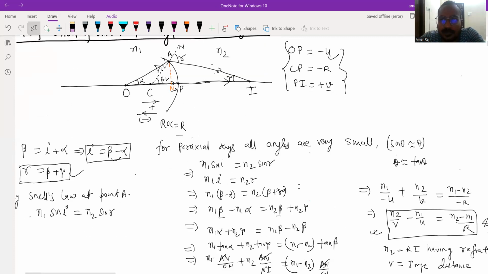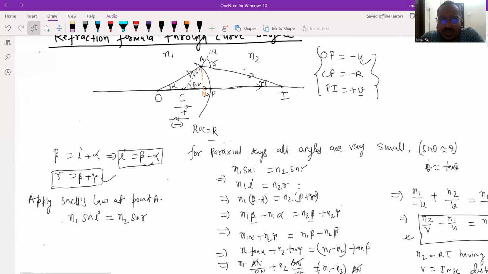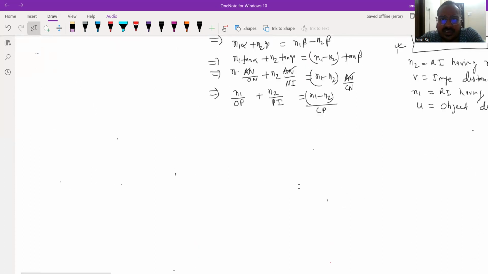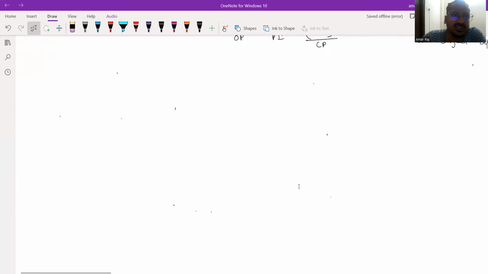Now we can take some questions based on this formula. If you take some examples of this formula,